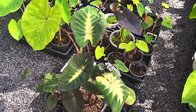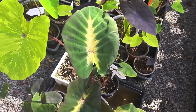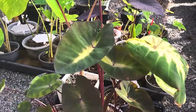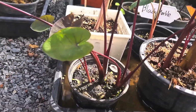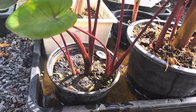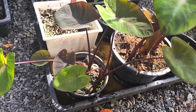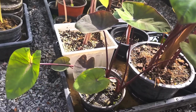This is, as you can see, mature. She had the color on the midribs already, as white, and the leaf turning black. Now this is also another tropical storm. As you can see, it also has 2 babies, but the mother plant doesn't have that white midrib yet, so the baby also doesn't have that white midribs,